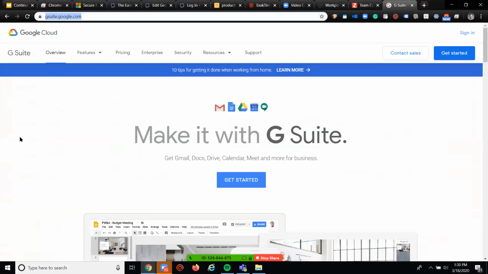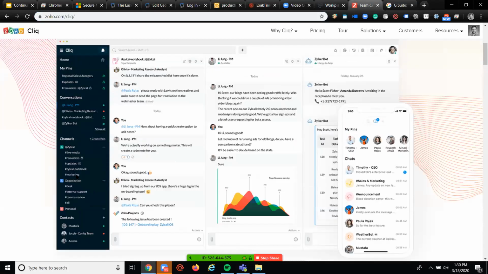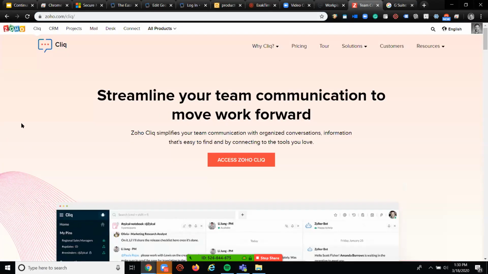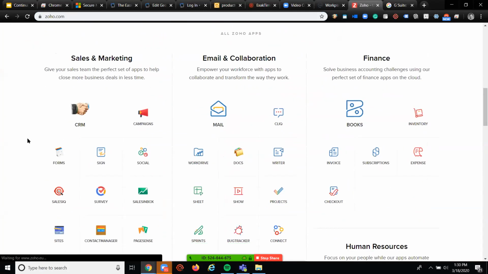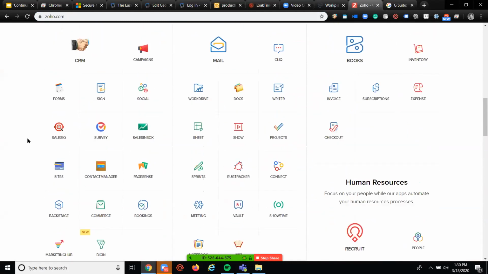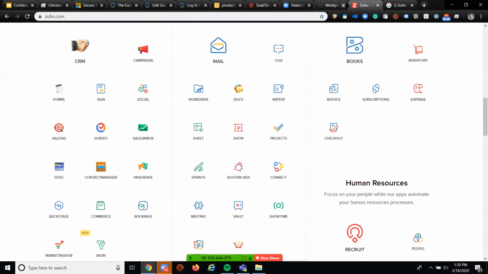Wouldn't you say Cliq is kind of like Slack also? People might have heard of Slack. Yep, absolutely. Cliq is like Slack. It's probably more competitive price-wise than Slack is, and this is one component of many that Zoho offers, from sales and marketing to email and collaboration, and human resources and even finance as well.